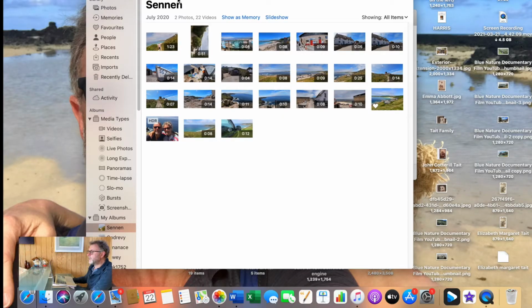And you'll see on here what I've done is to put all the content. This is about Sennen, which we visited back in 2020 when lockdown was still eased, we could get out and about. And what I've done is taken them from photos and put them into a separate album entitled Sennen. Not necessarily in the order that they will appear in the video, but just making sure I've got all the content. And then if I close that down